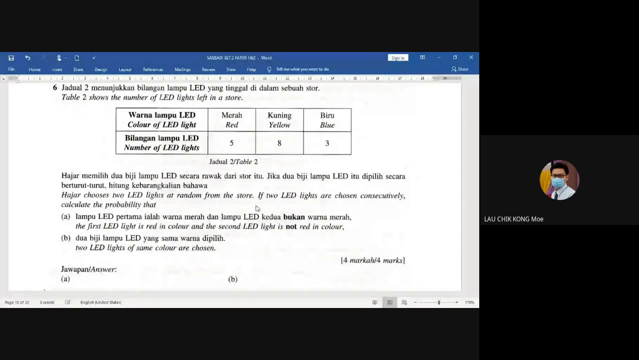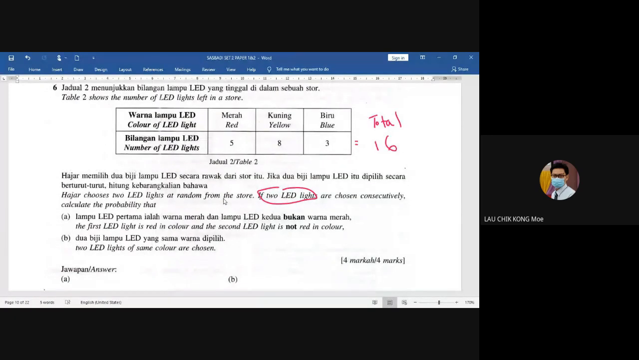Okay, question number 6. Table 2 shows the number of LED lights left in the store. This is red color, we have 5, yellow color 8, and blue color 3. So total, because this is probability, is 16. But many students get it wrong, I don't know why. Haja chooses 2 LED lights at random from the store. If 2 LED lights are chosen consecutively,